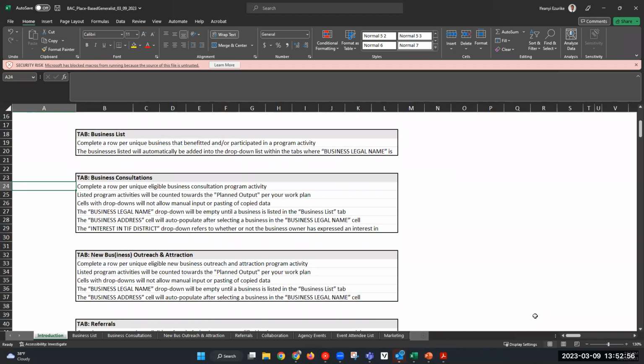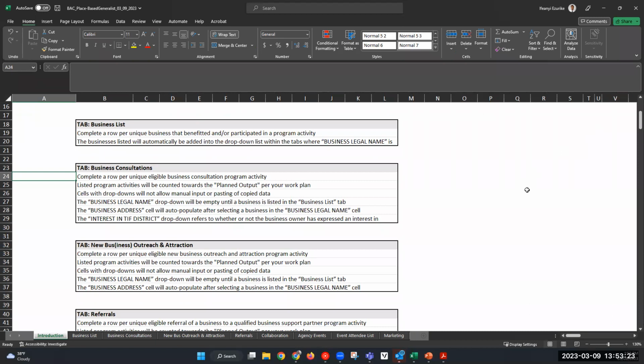The businesses listed will automatically be added to the drop-down list within the tabs where business legal name is. So this is a wonderful feature that really eliminates a lot of keystrokes for the user. But the only way that's going to work or self-populate is if you insert the businesses in this tab,